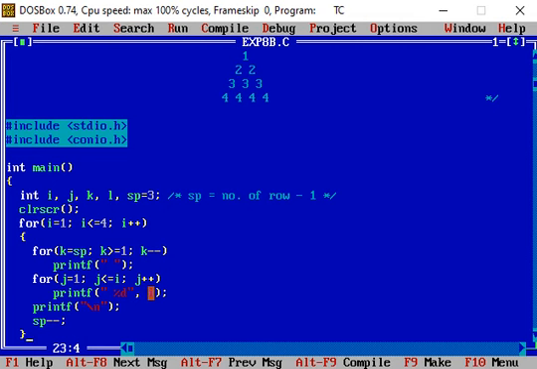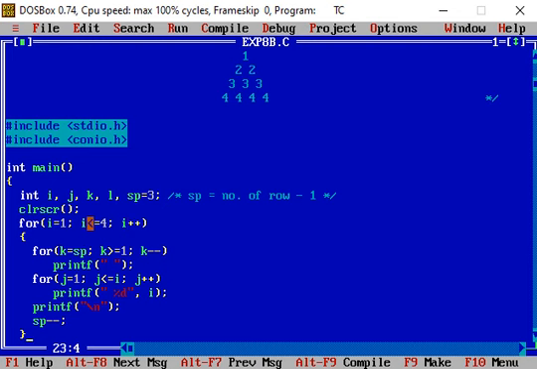That's why in the first row 1 is printed, in the second row 2 is printed, in the third row 3 is printed, and 4 is printed in the fourth row. After printing the 4 in the fourth row, when the value of the control variable i for the outer for loop is incremented, this value becomes 5.